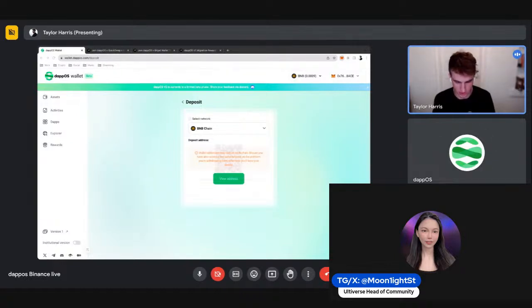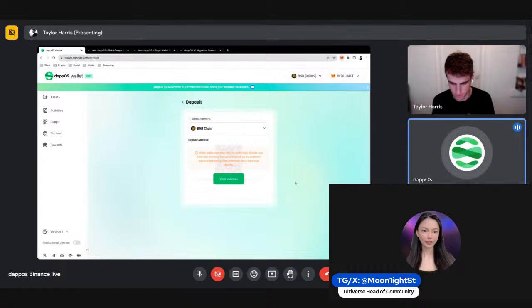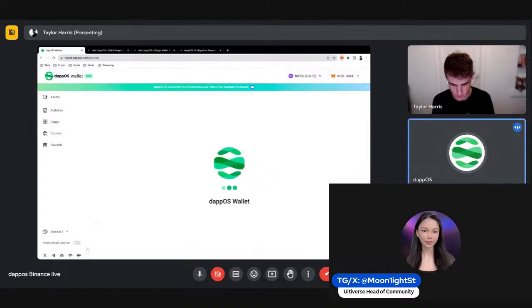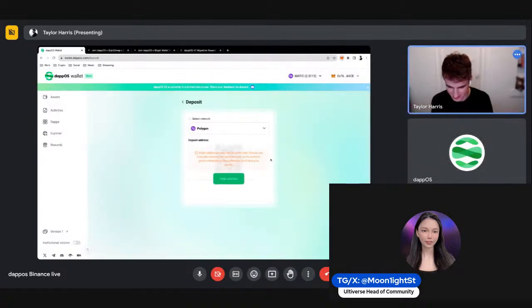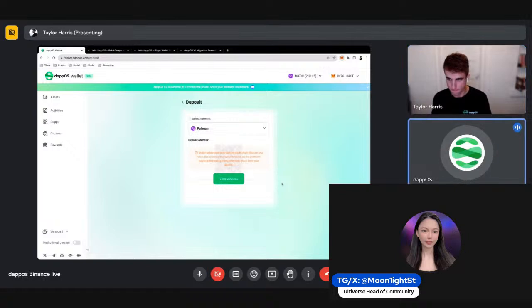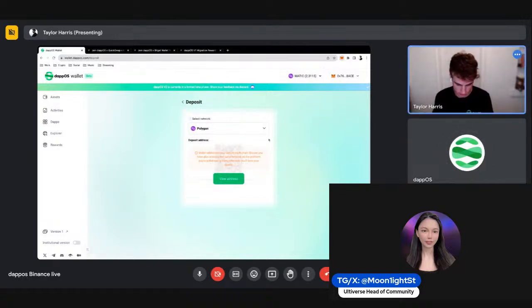Try it one more time with Polygon. So when I go into send, okay. And then the token symbol would be what? It's just USDC, I would guess. Okay, awesome.